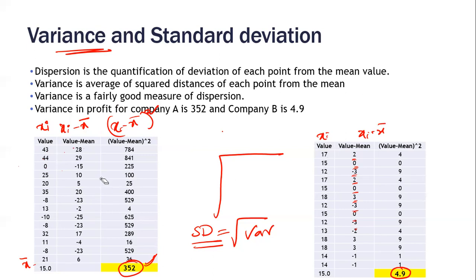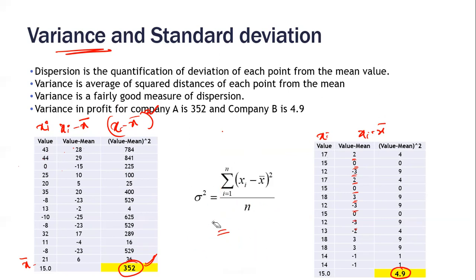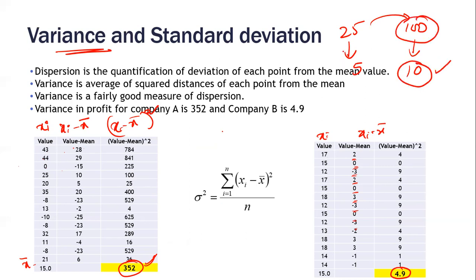And the other question is where to use variance, where to use standard deviation. Both are one and the same. These are not two different measures where at some places you have to use only variance and at some places only standard deviation. There is nothing like that. Tell me, if variance is 25, what is standard deviation? 5. Let's say for a different variable, variance is 100. What is its standard deviation? 10. That means if variance is high, standard deviation is also high. If variance is low, standard deviation is also low.